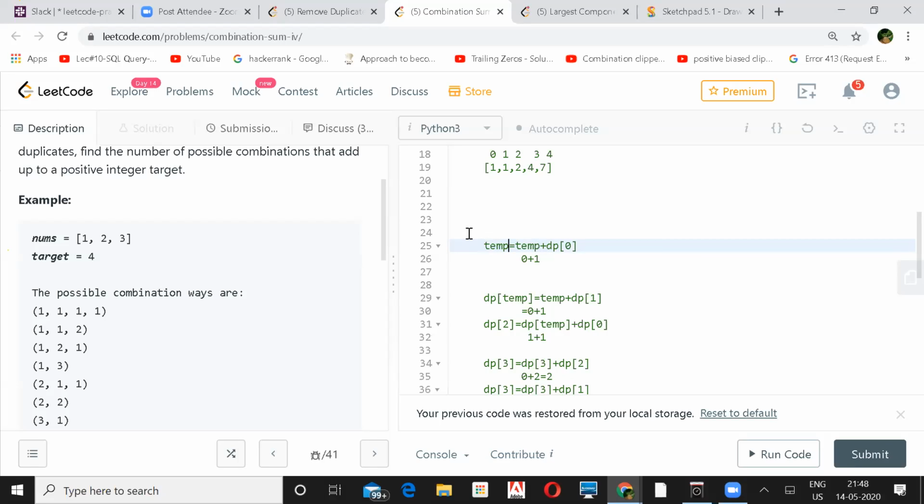Okay. But when you say dp of 1, it means dp of 1 is equal to dp of 1 plus dp of 0. There it goes for an endless recursion. That is what he's trying to say. It appears that way. It's not actually happening, but for someone who's just looking at it, it looks like an endless recursion, which I have not computed. That was my point. I don't have an answer.